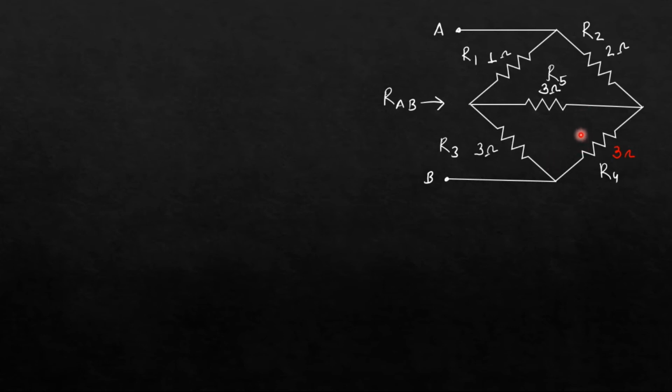You can see here there are 2 delta connections, that is this one and this one. So we will convert one of the deltas into a star connection. Converting delta to star is easier for this delta. Why? Because you can see here all the resistances are equal. So we have a shortcut, that is Z star is equal to Z delta by 3. Z delta is equal to 3 ohm, so 3 divided by 3, so Z star is equal to 1 ohm.